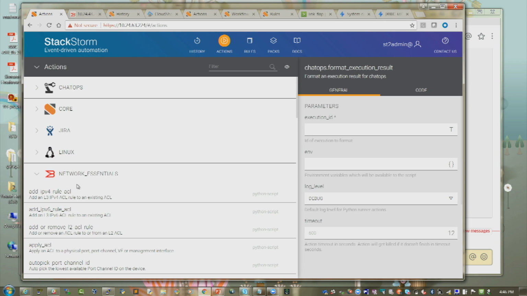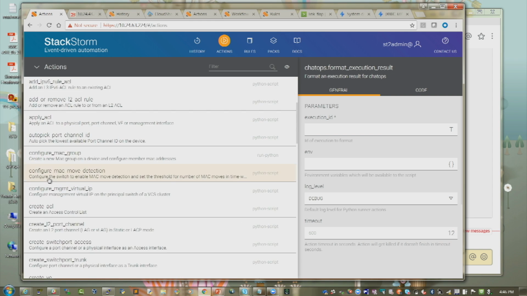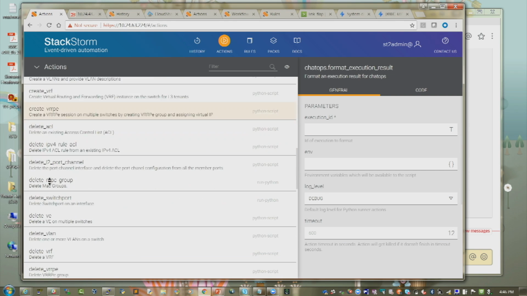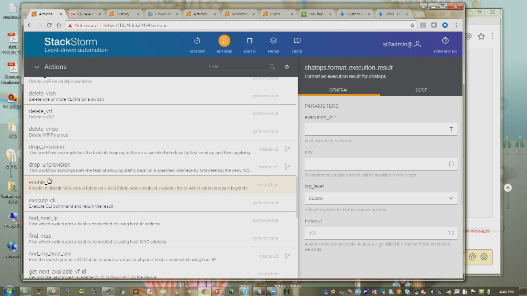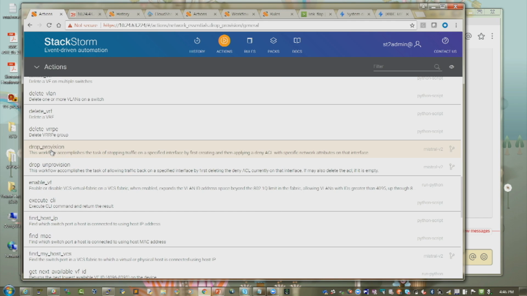And as was earlier mentioned, we have our automation suites. The automation suites will be called, and there's a workflow called drop provision. This workflow will be called out, and this will basically go into action. So